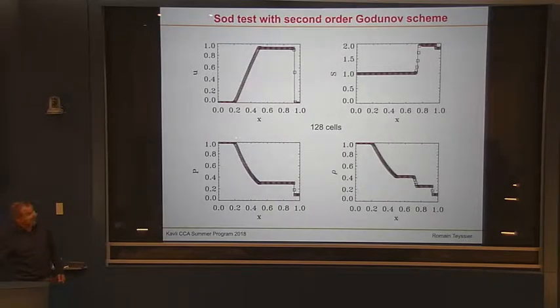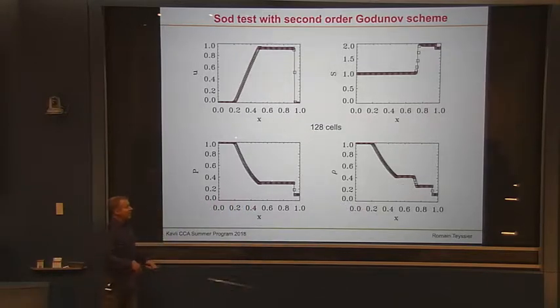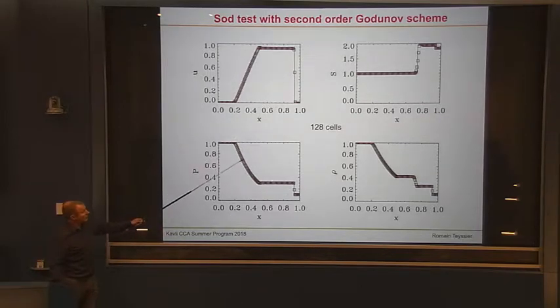So it's a second-order Godunov scheme. So if you flash back and forth, you see that you capture the contact discontinuity much better here. So the numerical diffusion is still there, but it's less, right? And the shock is also slightly improved, but not much. And you see that the smooth part of the solution, that's the key point, the rarefaction wave, is significantly better captured, right? So now one traditional way to improve even more is, of course, to go to even higher order. I will discuss this in a minute.